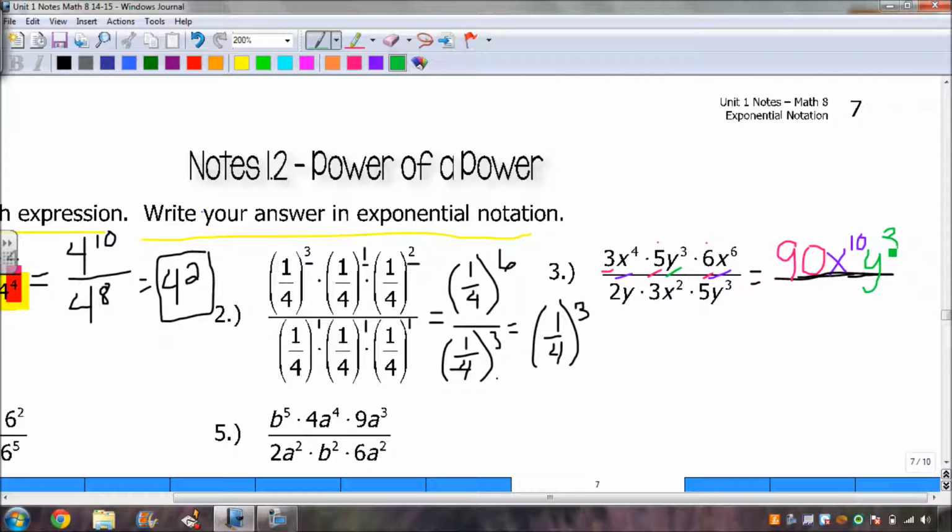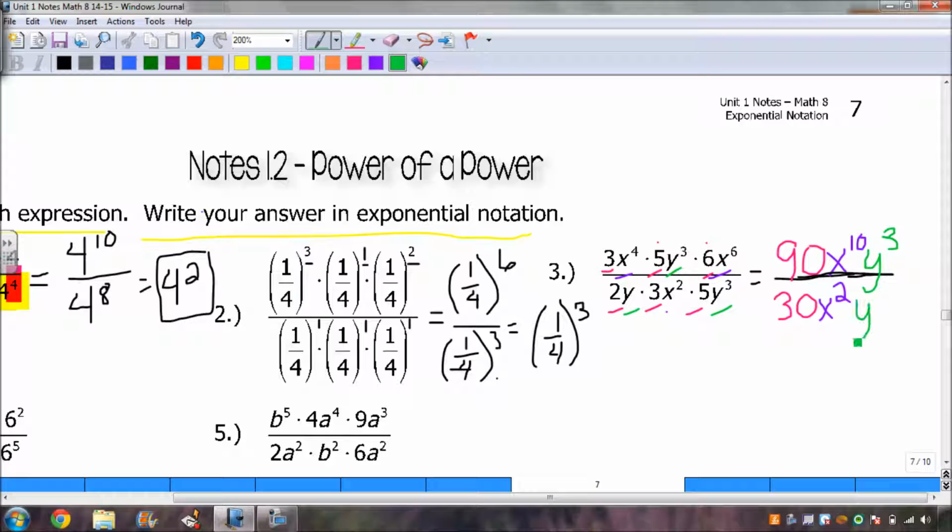And then I'll do the same thing for my denominator. My coefficients are 2, 3, and 5. Again, you can multiply these in any order you want. I'm going to do 2 times 5, which is 10, and then multiply that by another 3, you end up getting 30. So this right here will be 30. And then I'll look at my x's. I've got x squared. There's nothing else to multiply x squared by, so I'm going to write it down. And then I have y to the 1st and y to the 3rd, which ends up giving you y to